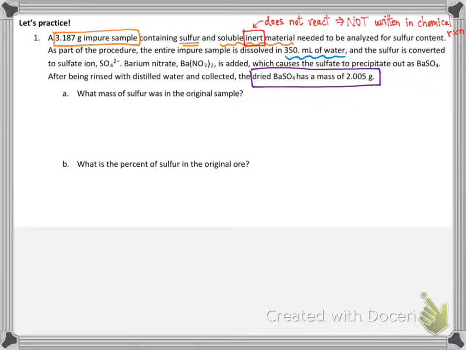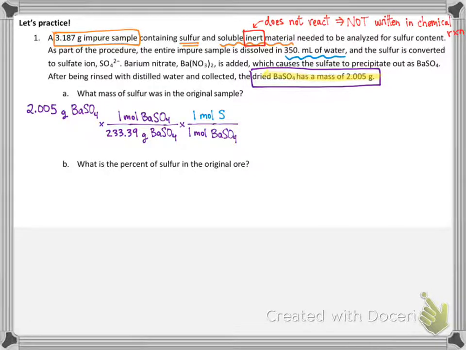So to find the mass of sulfur, the key is that you always have to start not with your original impure sample, because you don't know how much sulfur's in there. You have to start with the mass of your precipitate. That's always the place to start. So we need to convert from barium sulfate into just sulfur. That means we need to convert to moles, and, well, turns out there's only one sulfur in barium sulfate, so it's a 1-to-1 mole ratio. And then we can use the molar mass of sulfur to find grams of sulfur. So keeping the 4 sig figs we started with, we find that there was 0.2754 grams of sulfur in the